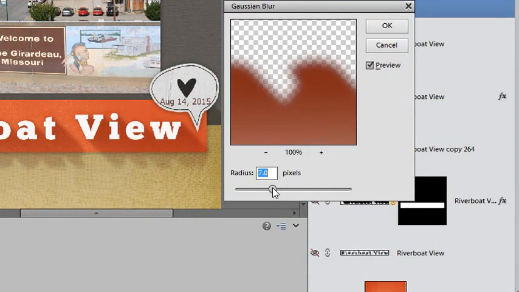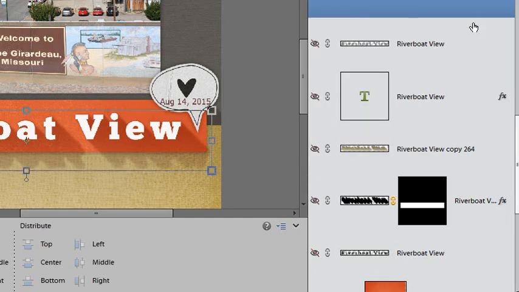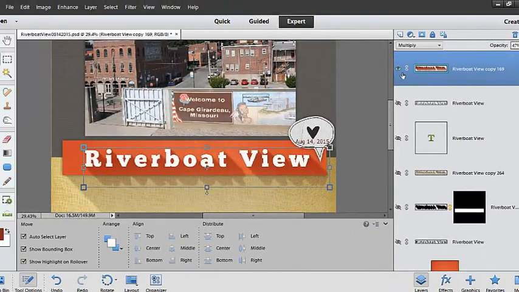But not too much. So there we go. And there's my shadow that I've got going on. But now I need to clip it because it's going beyond my box, and I don't want it to go beyond my box. So you see here, down here in my original, I have a